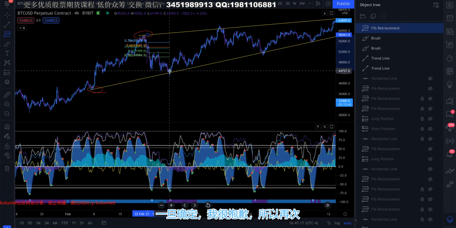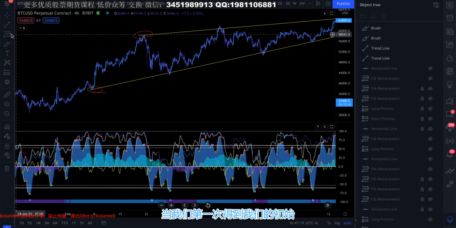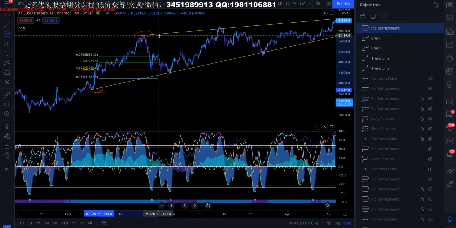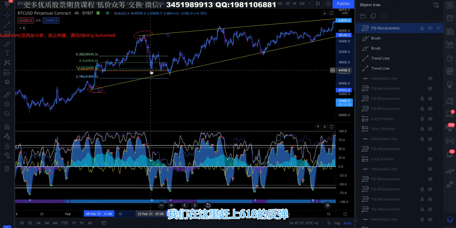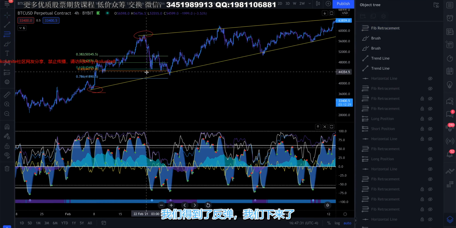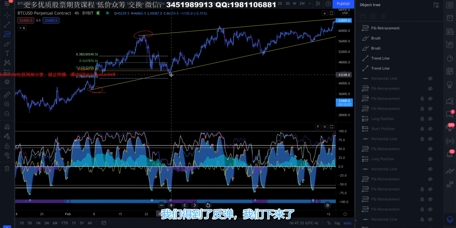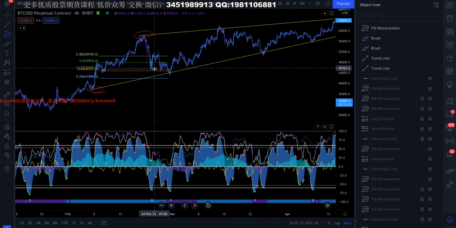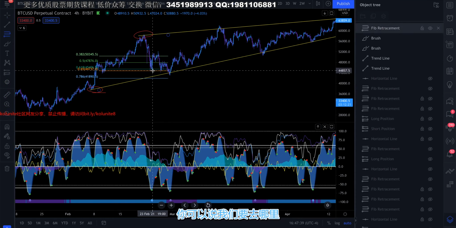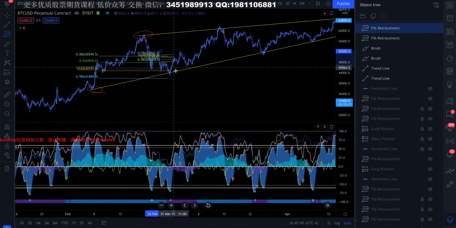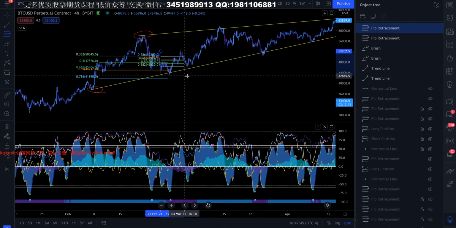Okay, I'm sorry. So again, when we first get our initial move and we start to correct, we catch our bounce off of the 618 right here. We get that bounce. We come down, okay, touch our trend line. You could say, okay, where are we going to